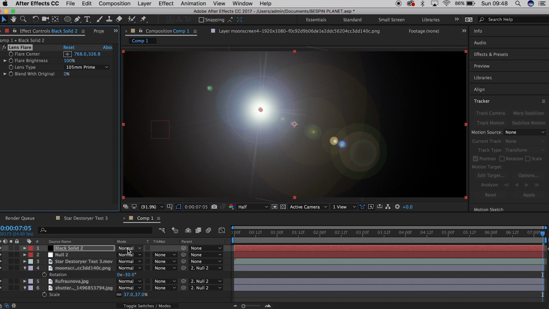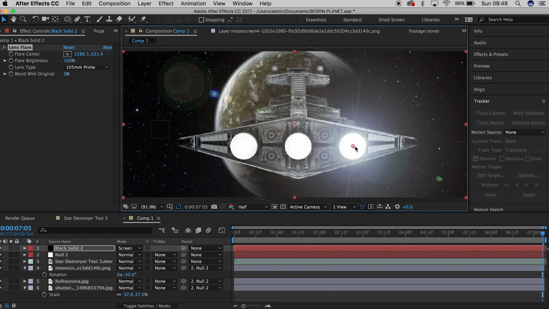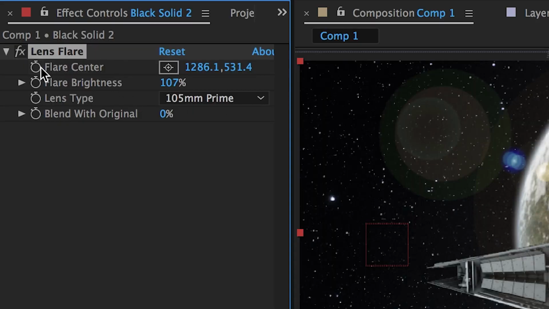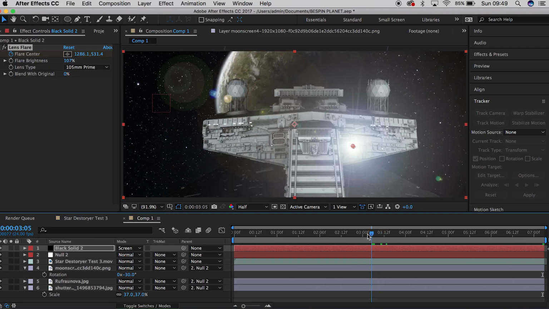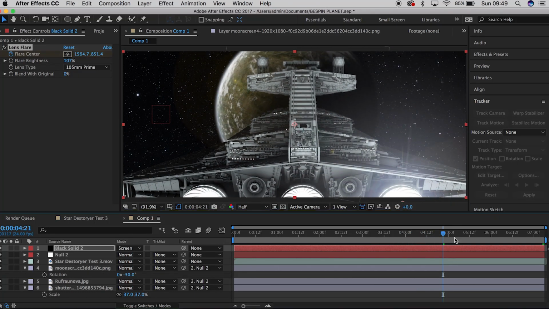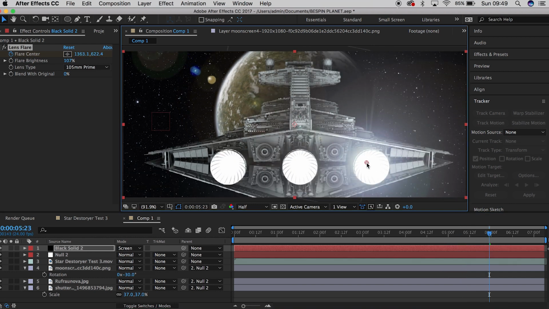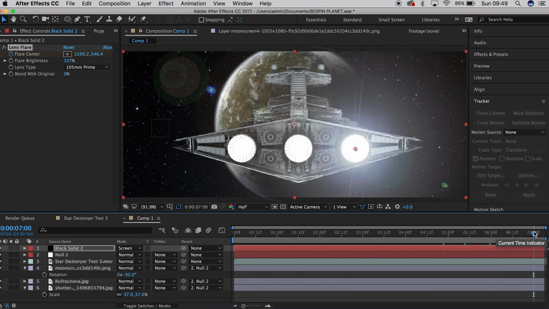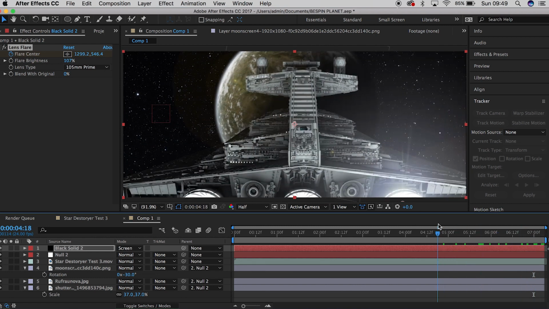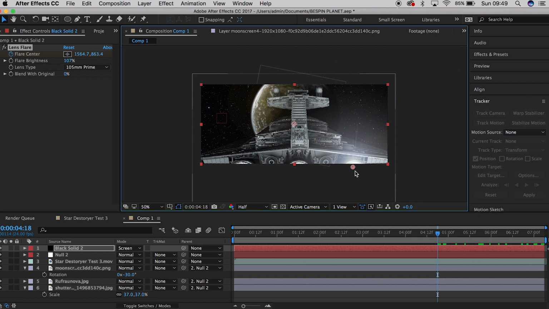So first things first, what you're going to need to do is make sure that your settings are on screen for this, because it'll get rid of everything that's black on the layer. And then you're going to want to basically keyframe through where the exhausts come into play. This is what I did for the video co-pilot shot as well, that I'd used for the final shot in the trailer. It's a very tedious process, but it's something that needs to be done, so I'm going to skip through